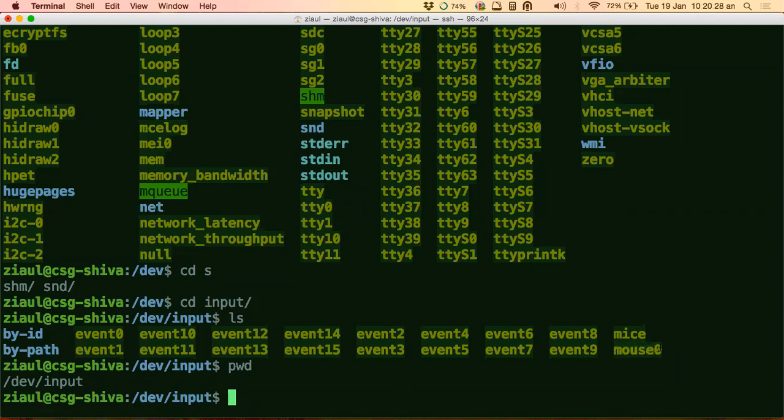And this file would have an ID, a specific identifier. Whenever I do a mouse click, something would be updated in this file, which would be read by my computer, and then it will be displayed on the screen, as in the mouse pointer will move. So this is the file which has an associated ID through which my computer interacts with the mouse.